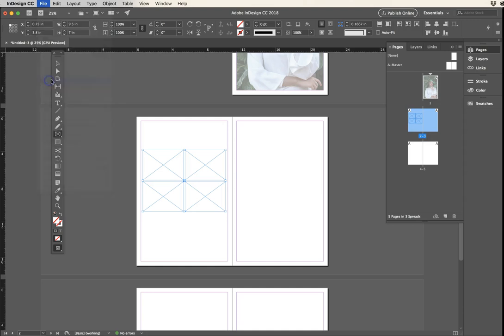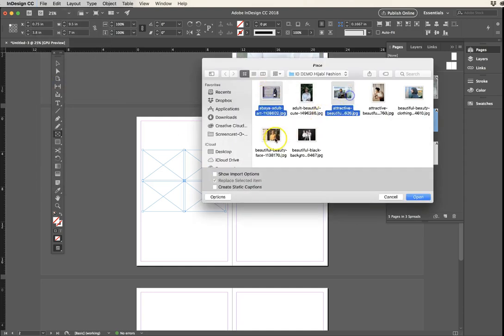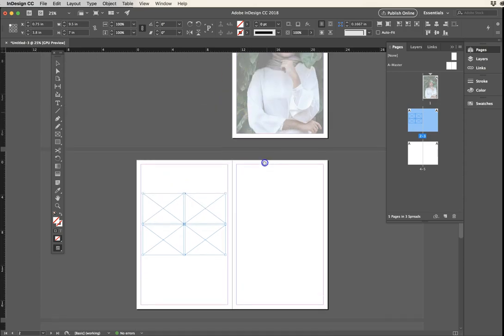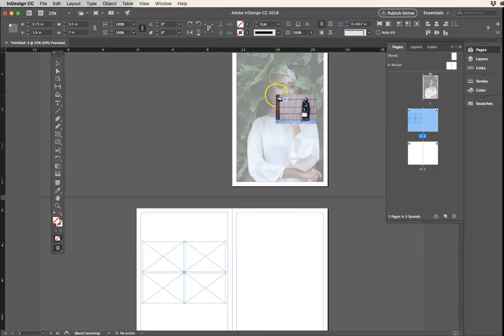So now, let's try it again. There we go. And we're ready to bring them in. Now, if I bring them in without any thought about, remember what happened with that first image when we just brought her in, it was a huge image and it didn't fit at all on that first page. So if I bring them in without considering how they fit, it's probably going to take me even longer to